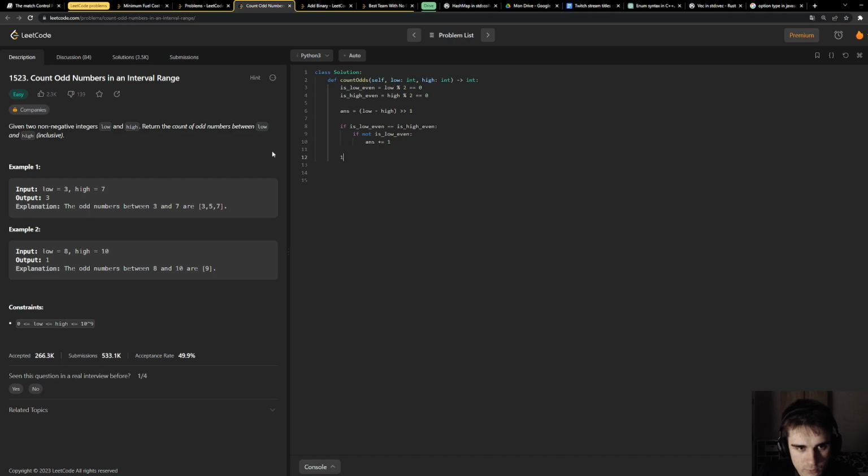Because let's say that I have low equal to 1 and high equal to 3. It means that here I need to output 2. But when I do 3 minus 1, actually I reversed it. It's high minus low and not the contrary. It returns 1 and we need to add 1. Return ans.